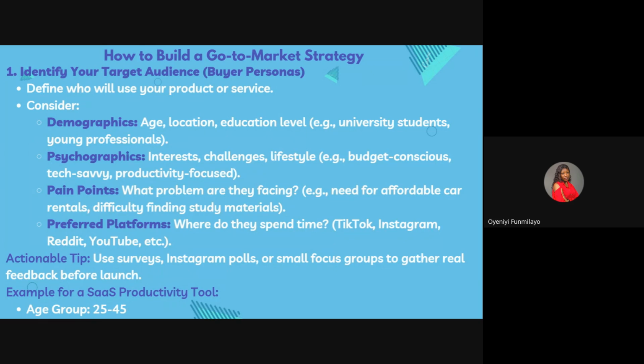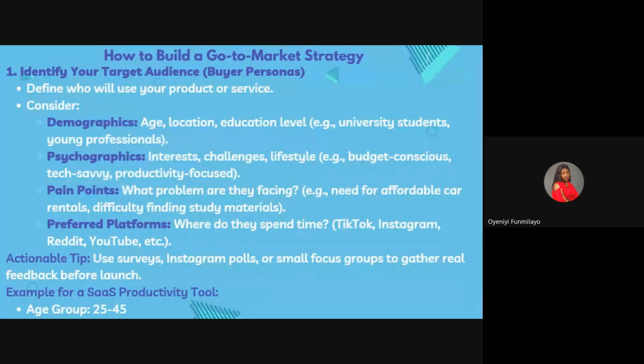and need to be productive all the time. You cannot go and be giving a 19 to 20-year-old person a productivity tool. They will not even look at you, because those ones are just all about enjoying the moment, having fun, and all of that. But of course, on a scale of 1 to 10, you can see maybe 2 or 3 people that are very productive, but the remaining 7 are not productive at all.